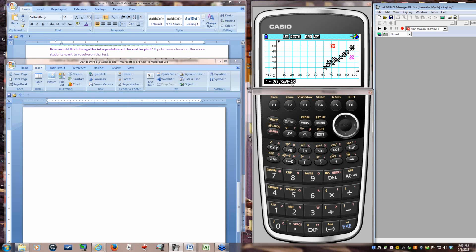If I do save as, I'm going to have to name it, so I'm just going to save it as a number. So I'm going to say number 1 to 20. I'm going to pick number 1, even though I know that's going to create a problem for me, but just so you see what happens, because I have some other pictures stored in the calculator. So if I hit number 1, or if I press 1 to say picture number 1 and execute, it's going to tell me that already exists.